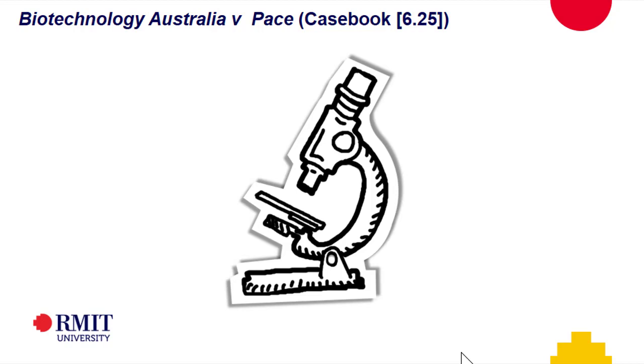So Dr. Pace was a biotech person of some sort, and he got swayed away from whatever university he worked at to come and work for a startup called Biotechnology Australia. I'll just read from the terms of the contract if I can. He was going to be paid $36,000 a year, he was going to get a car, and he was going to participate in the Senior Staff Equity Sharing Scheme.